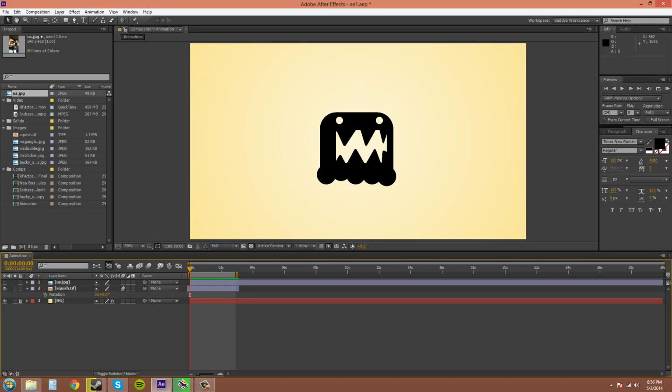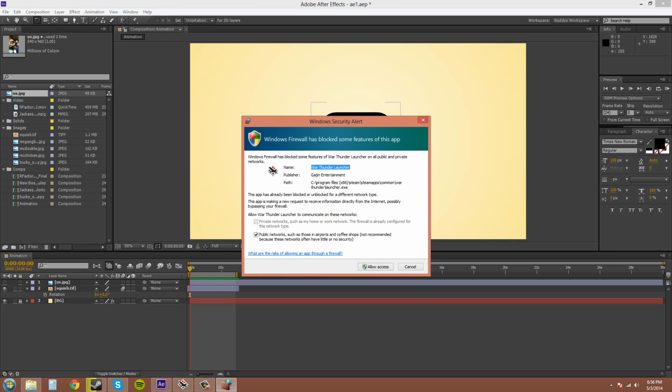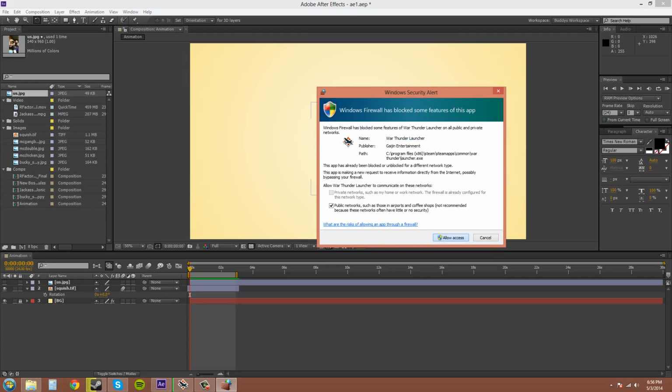Another way is to use the tool panels up here and the rotation tool up here. You can click on it, or